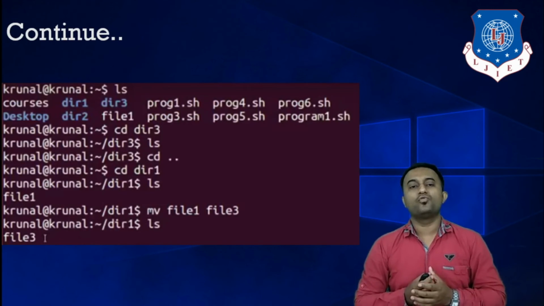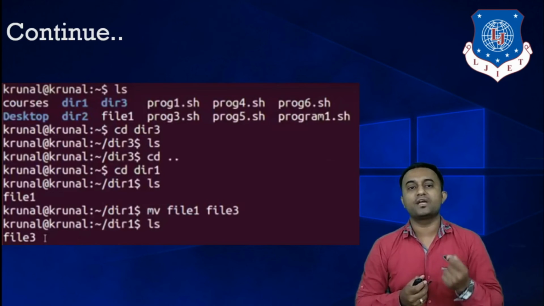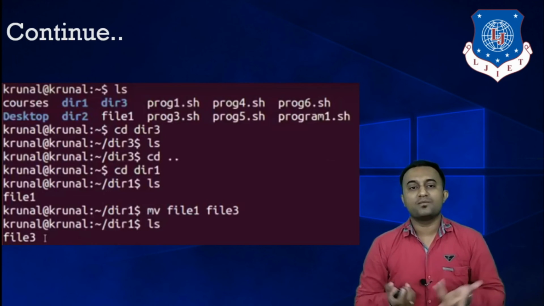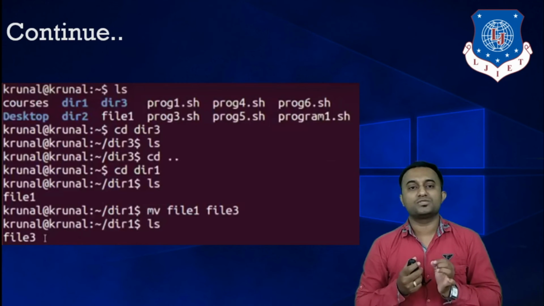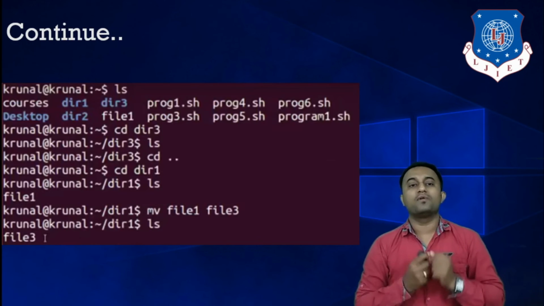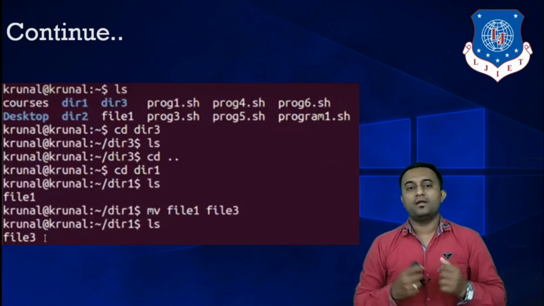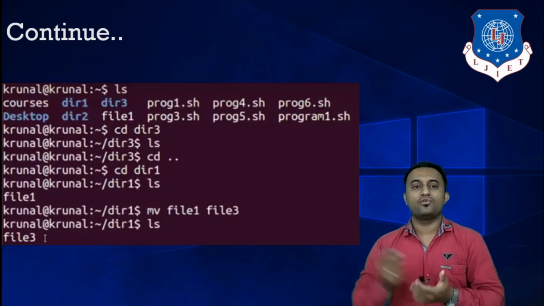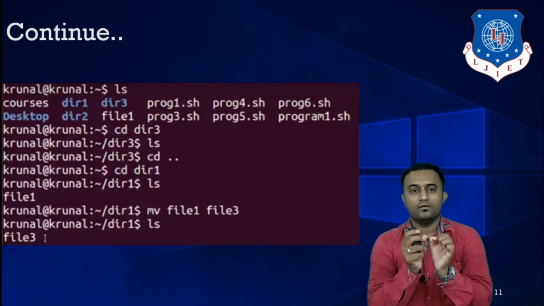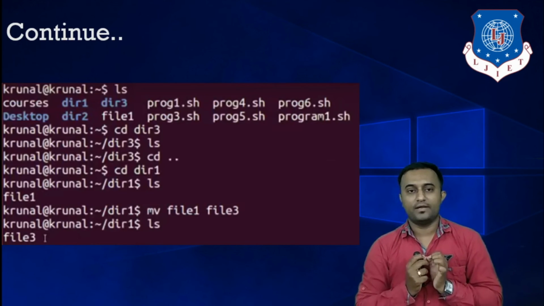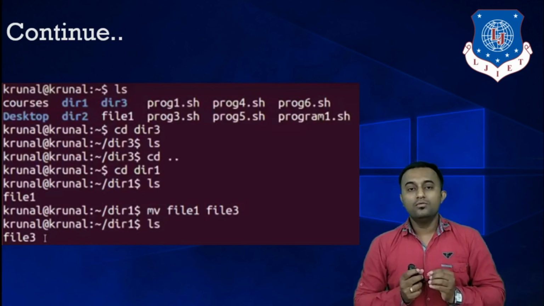suppose if you want to change the directory, as I told you, cd command is there, change directory. Fine, then you can use ls command. If you want to go one level up, you need to use cd space dot dot. So you will go one level up. Okay, and say for example directory 1 will have one file called file 1. Okay, so in particular directory 1 we have one file 1 right now, and I need to introduce one more